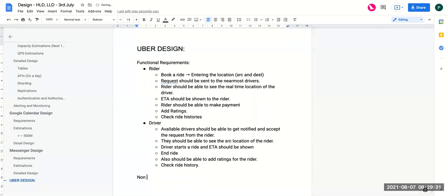Now let's talk about some of the non-functional requirements. What are the non-functional requirements? Any one of you? Please go ahead.